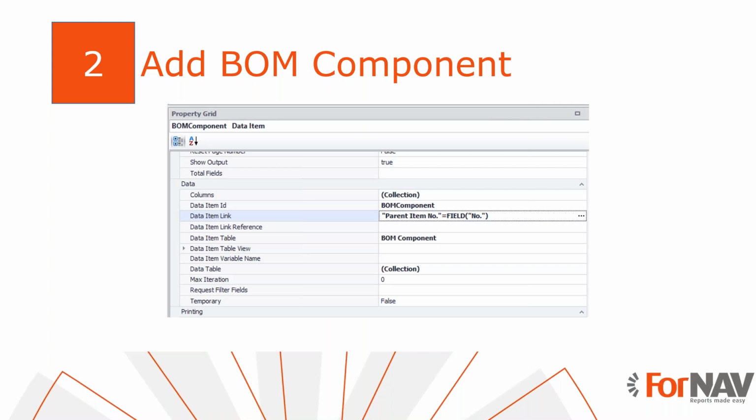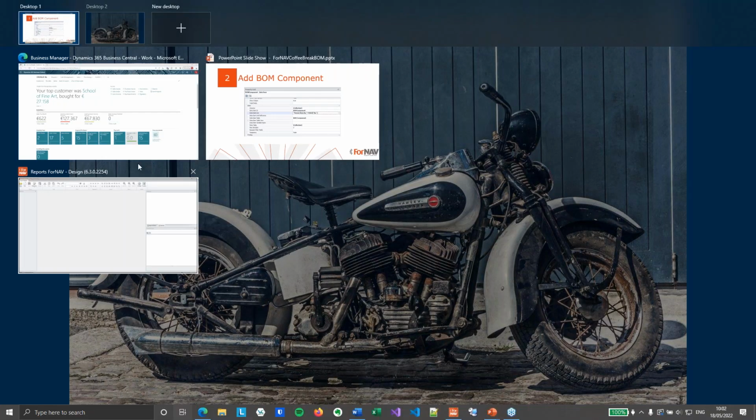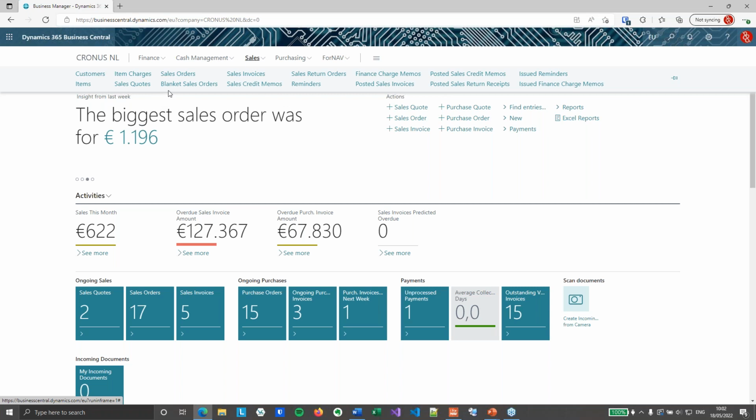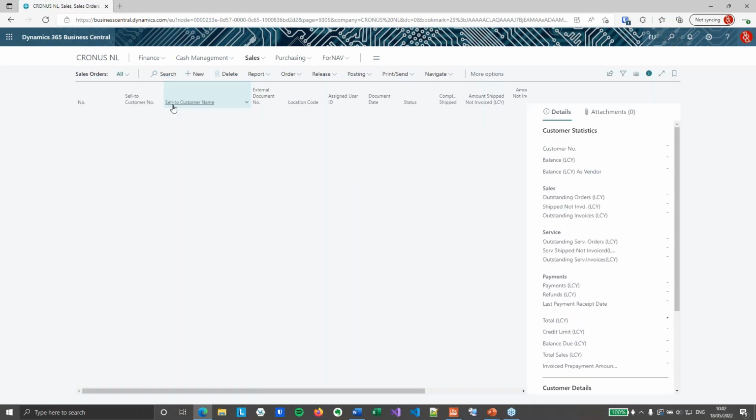To simply add a bill of materials on your 4NAV reports, we need to figure out the table relation between the sales line and the item bill of material. When we know that, we can add a data item and add the sections we need. So first thing we are going to do is open Business Central, and I've prepared a sales order for us to play with for today,